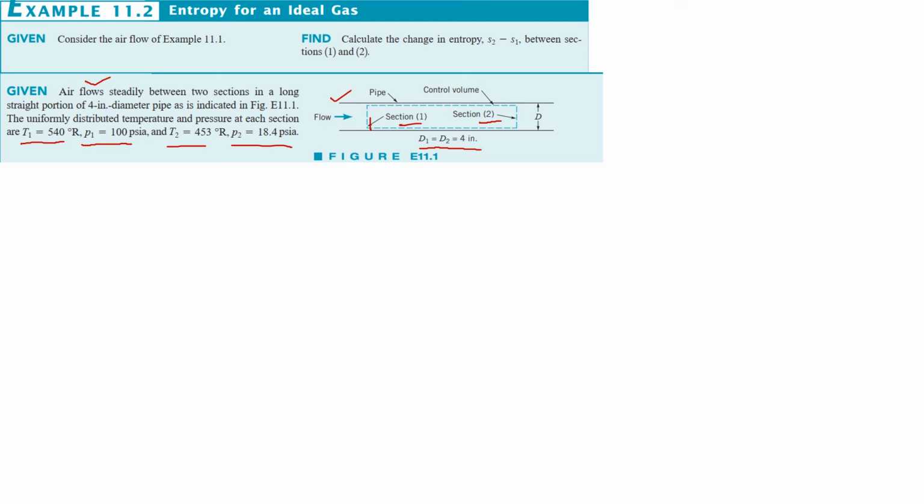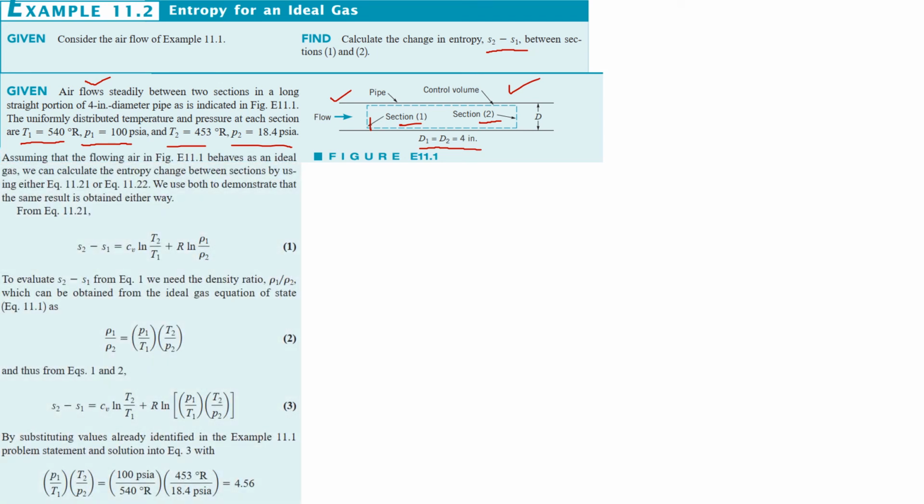So what we are going to do is find the change in entropy for this scenario, and now let's move on and solve this. By assuming the flowing air in example 11.1 behaves as an ideal gas, we will assume that it behaves as an ideal gas because the equations that we derived previously, the thermodynamic equations for different state functions like pressure, temperature, enthalpy, entropy,